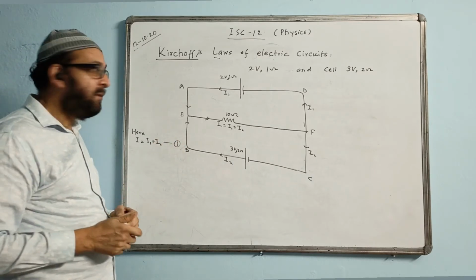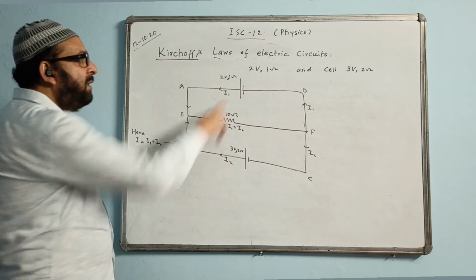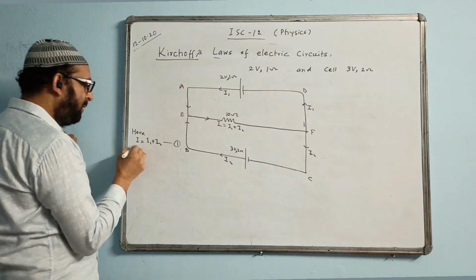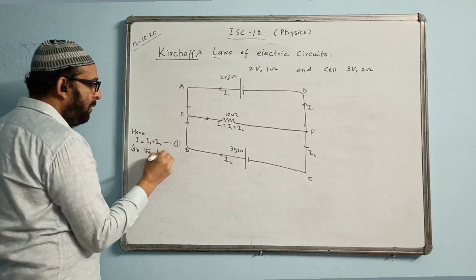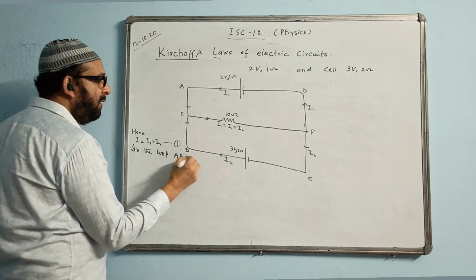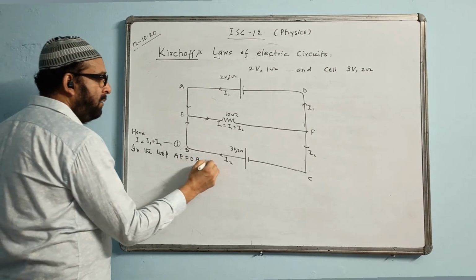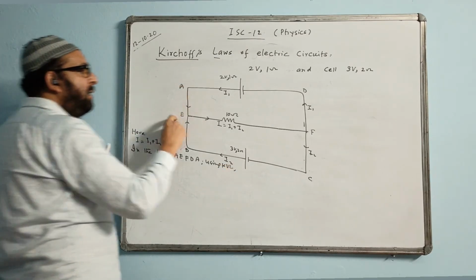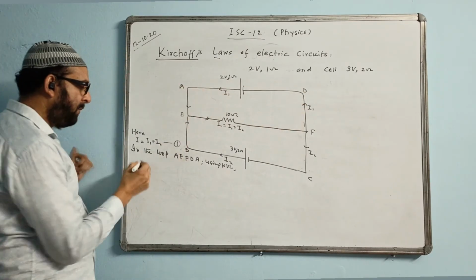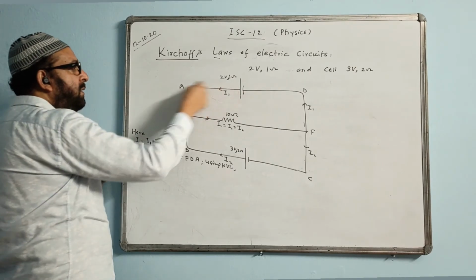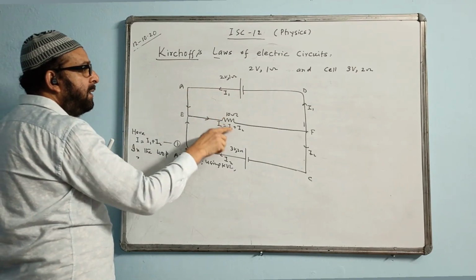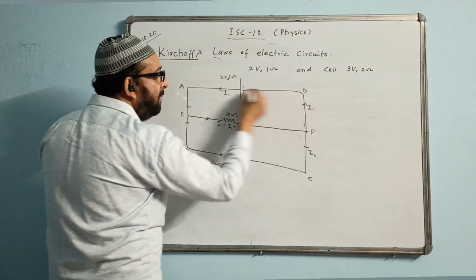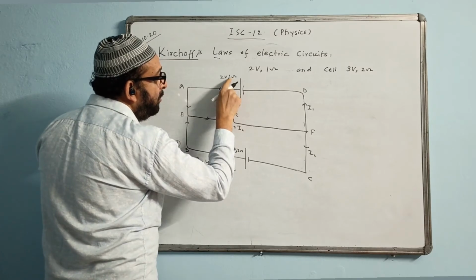This is the first equation we have. Now I take the loop. Take it from the positive terminal this way. First loop I take here. What is the name of the loop? You can write the loop A E F D A using KVL, Kirchhoff's voltage law. A E F D A. First we see the potential across this one, 10 times of this. We can directly write 10 I.